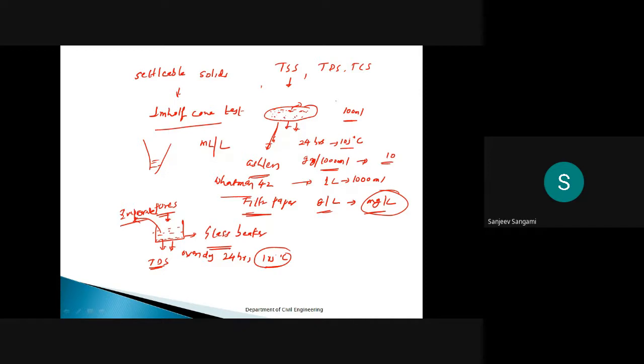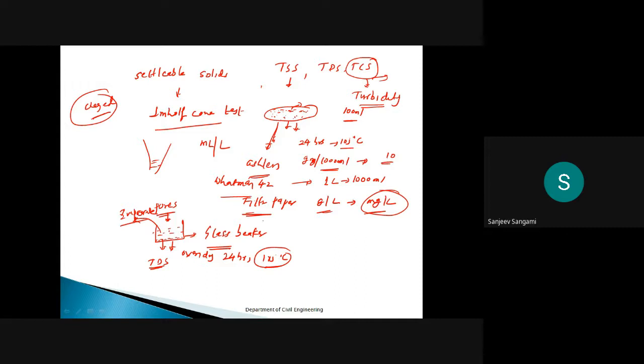And total colloidal solids are always measured in terms of turbidity. Remember, we already covered the turbidity experiment, and this is determined with the help of it. Sometimes there are other methods to find out these colloidal solids, because colloidal particles are charged particles and it's very difficult to find out. So different filtration methods are used to determine it.